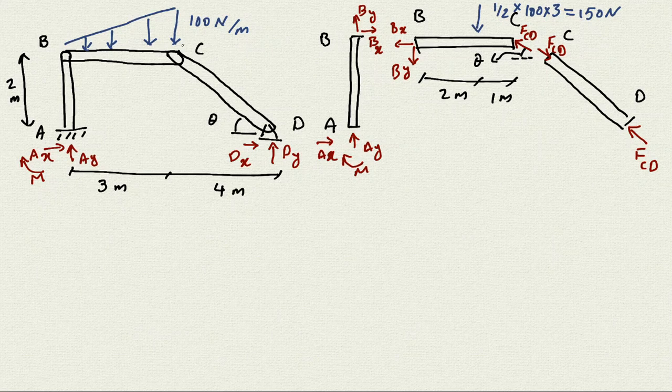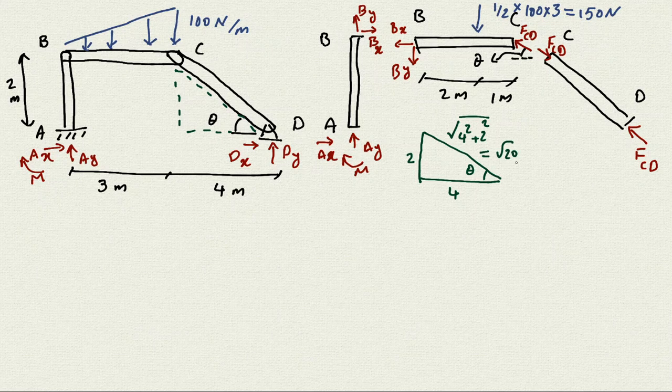And to do that, if I come here and look at this triangle here, if I look at this triangle and try to get the theta from that, so I draw that triangle here. And this is the theta. And I know in that triangle, this is 4, this is 2, and this one is going to be 4 square plus 2 square, which is going to be equal to